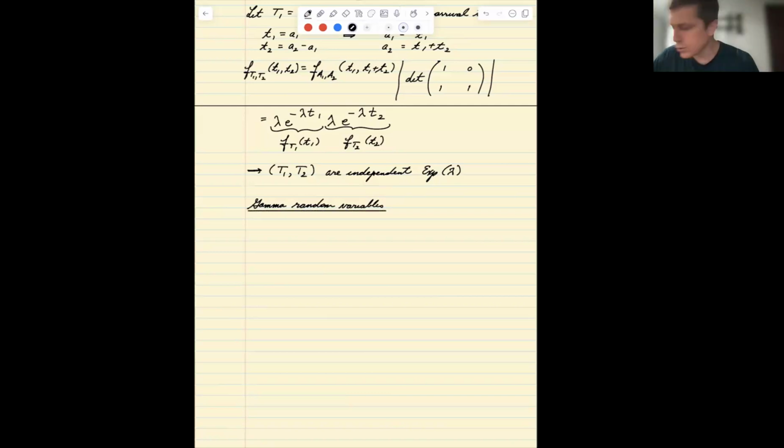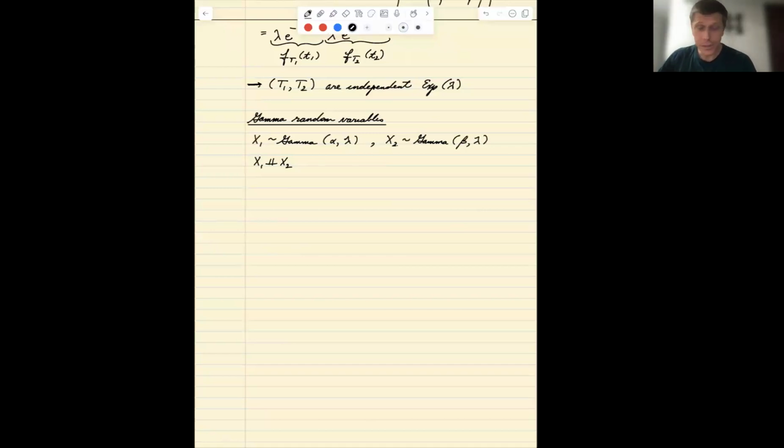So what we're going to do is say that x1 is gamma alpha, lambda, x2 is gamma beta, lambda, and they're going to be independent. So notice that they have the same intensity, lambda, but different shape parameters. Okay. And we're going to define